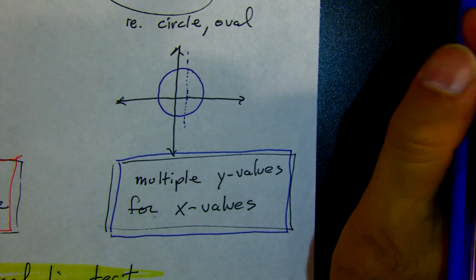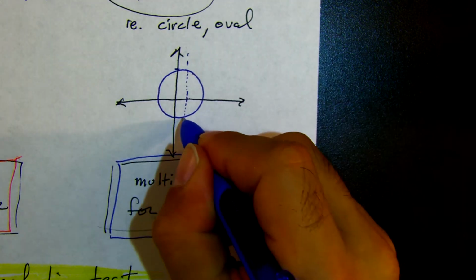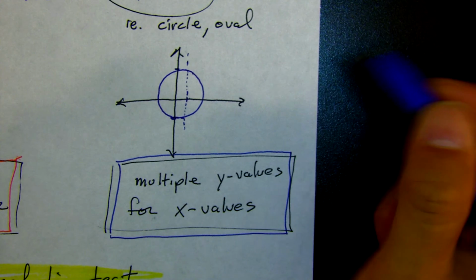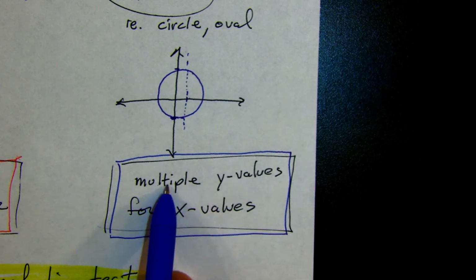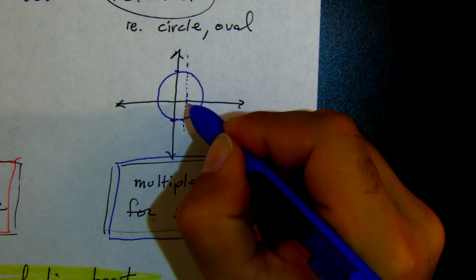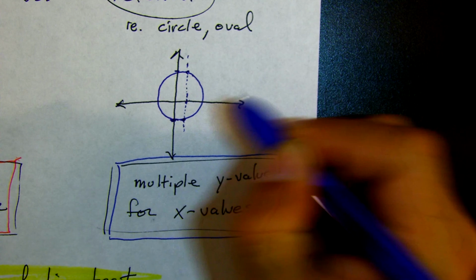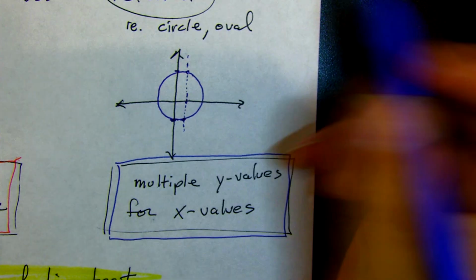Now, what are the 2 floors that those elevators go to? You can either go up here to this y value, or you can go down here to this y value. Because in this case, there are multiple y values for each x value. This is our x value, and we have a y value up here. We have a y value up here. And this is a relation,